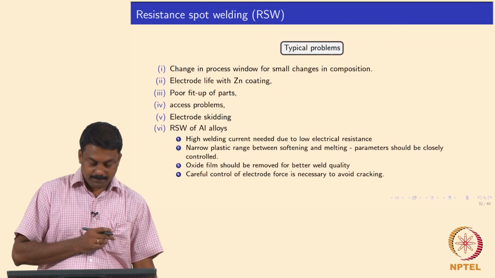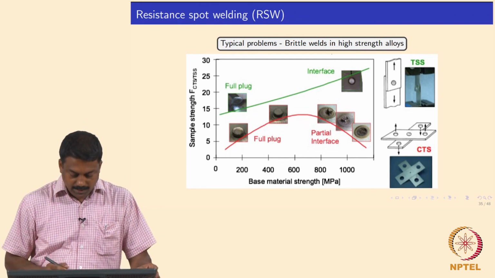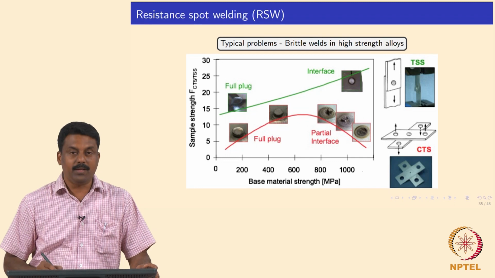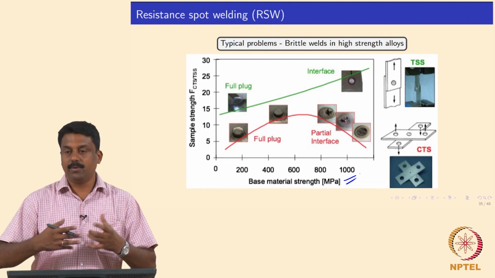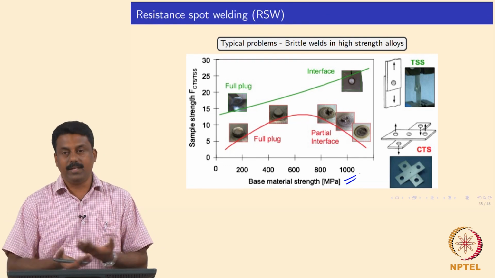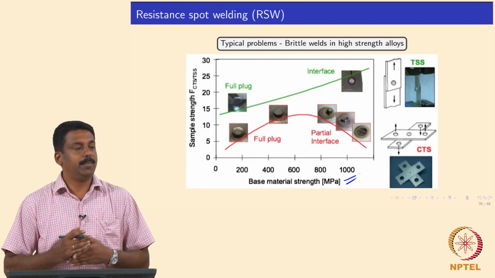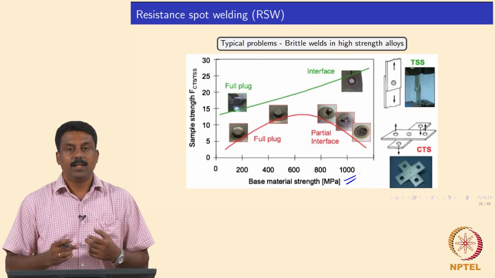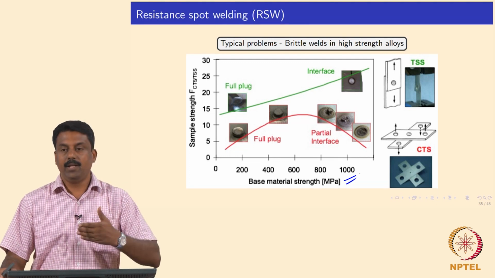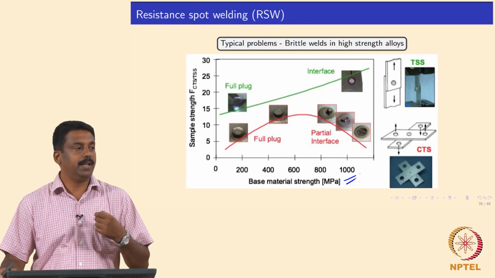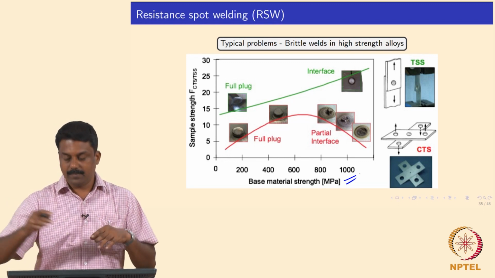For example, say a case like this. You have the base material strength plotted as a function of strength, and if you have a high strength material, obviously to increase the strength you add a lot of alloying elements, is not it, carbon is increased, you also add silicon or aluminum or phosphorus. So, the material becomes very brittle. So, obviously when you add a more amount of carbon, it segregates to the solidifying liquid, and then the weld center line becomes enriched in alloying elements like carbon, then you may end up having an interface failure, is not it.